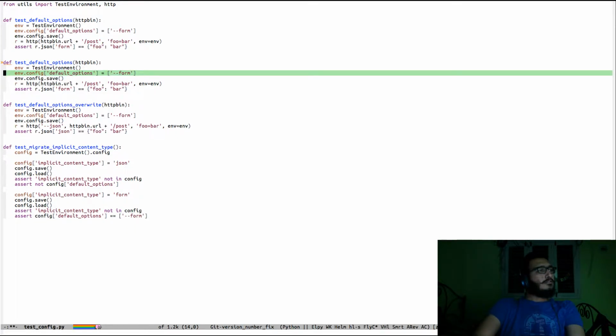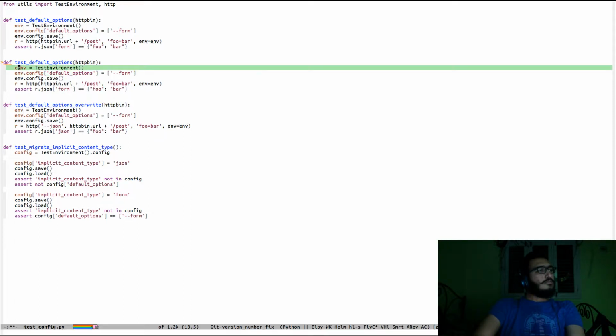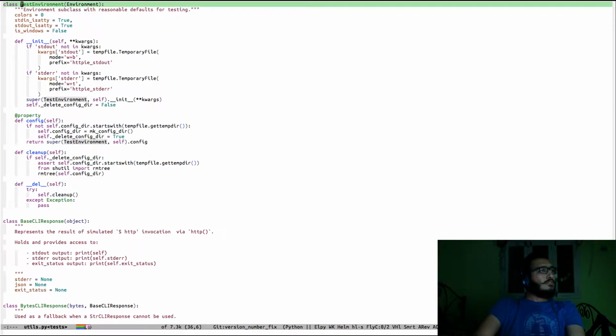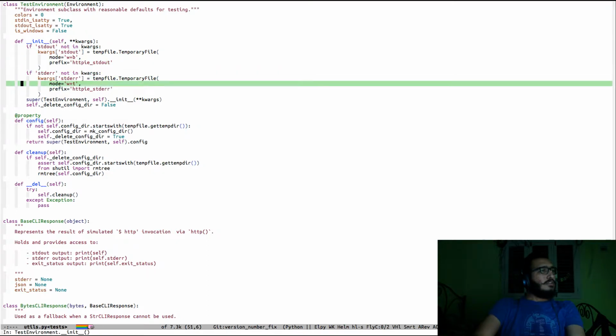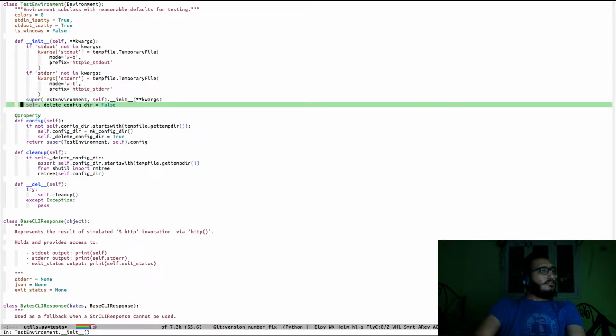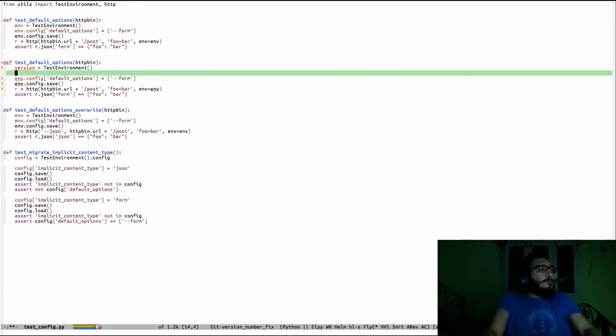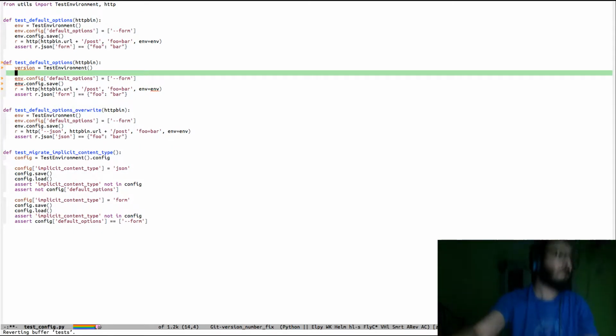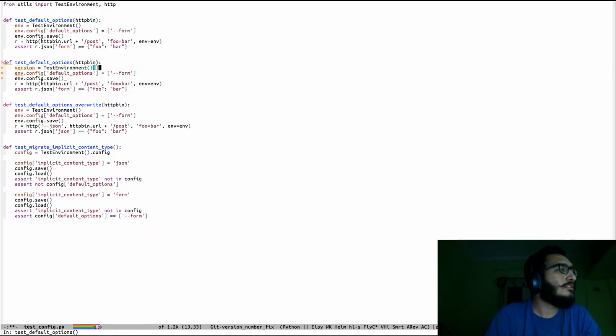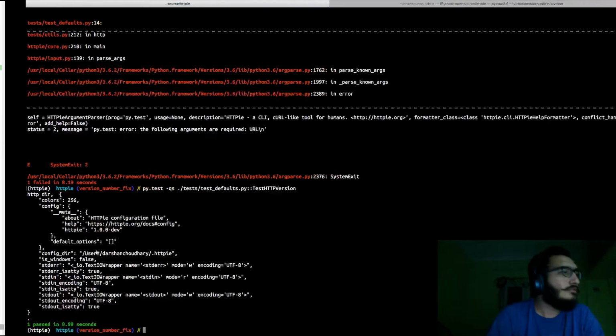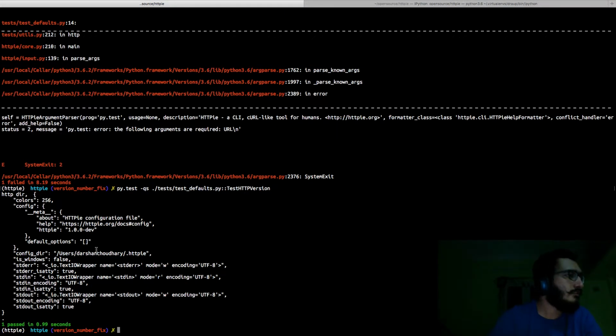So I think I need to do version equal to test environment. So how is this fella different from the normal environment? It just changes the standard out, standard error. That's it. I hope it doesn't change our thing. So it's not this actually. It's this config meta httpie